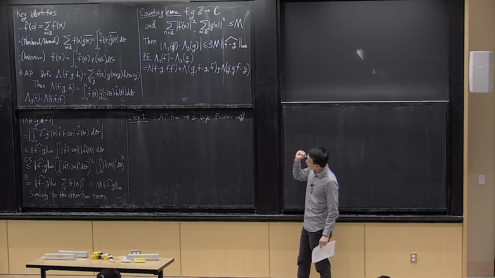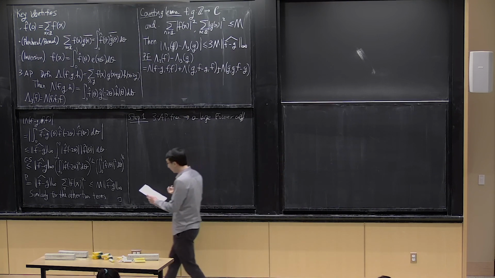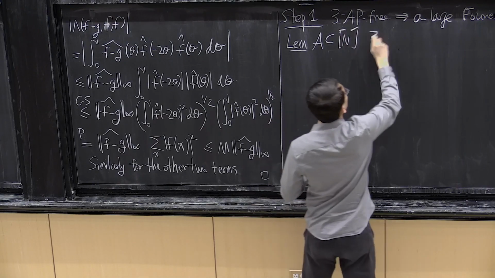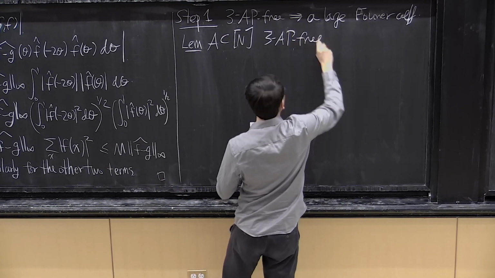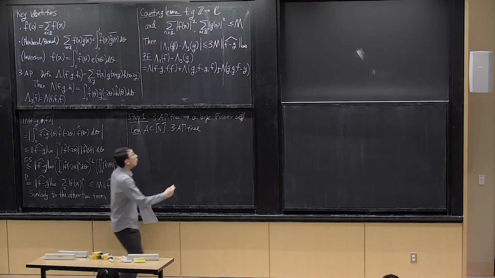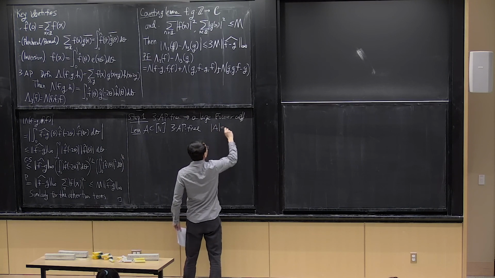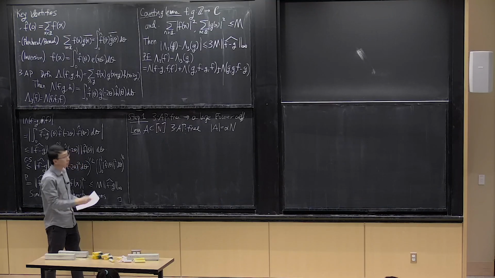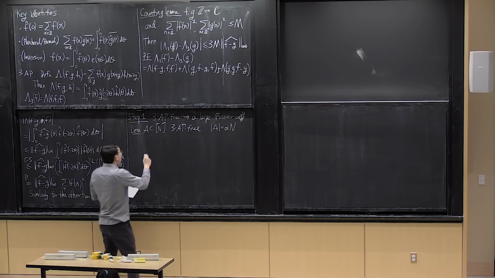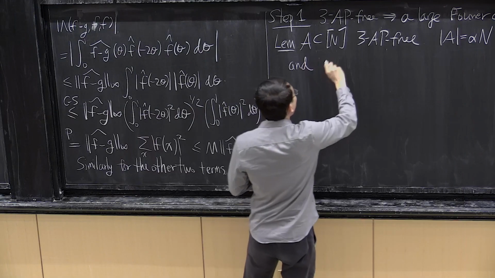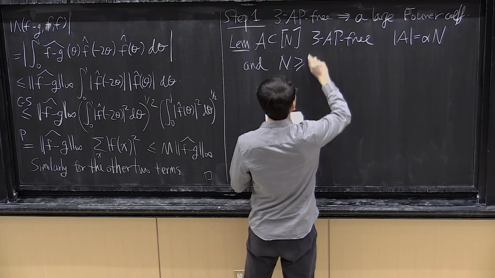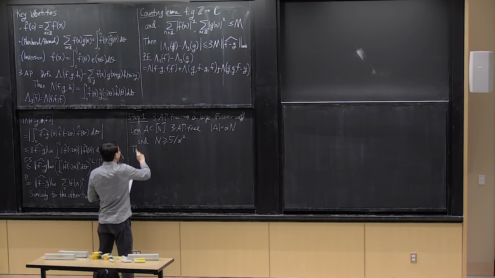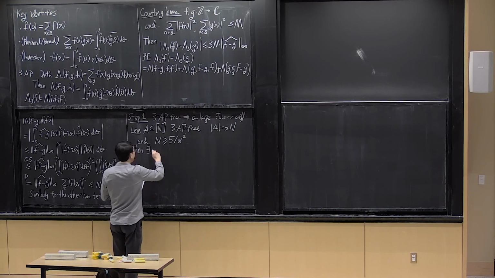So if A is a set that is 3AP free. And as with last time, I'm going to call alpha the density of A, now inside this length N progression. And suppose N is large enough. Okay, so the conclusion now is that there exists some theta